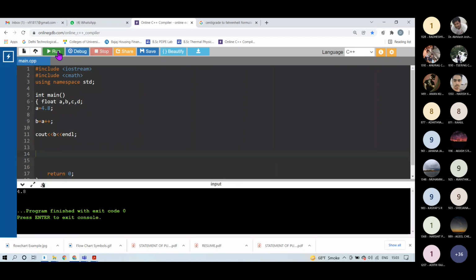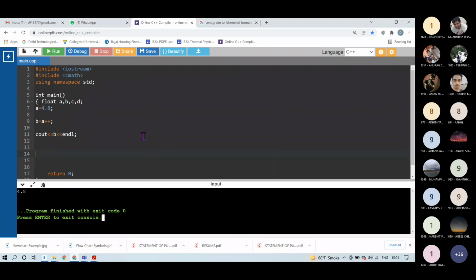Whatever be the value of this a++, it will be assigned to variable b. So this is post increment. Before incrementing the value of a, the current value of a will be assigned to b. So in line 9, actually you are storing 4.8 into the variable b.